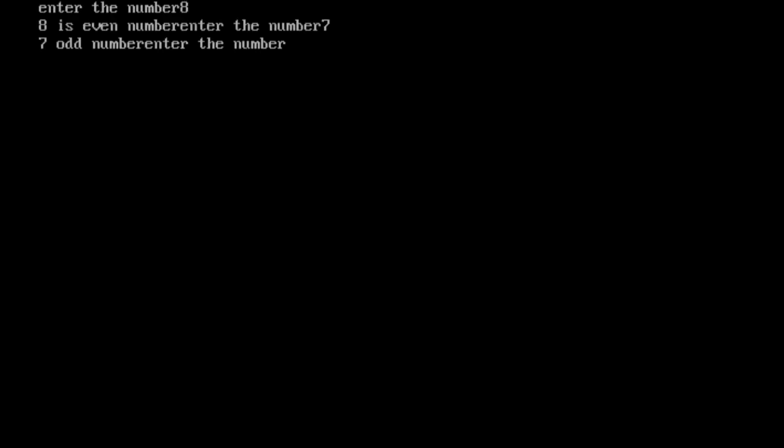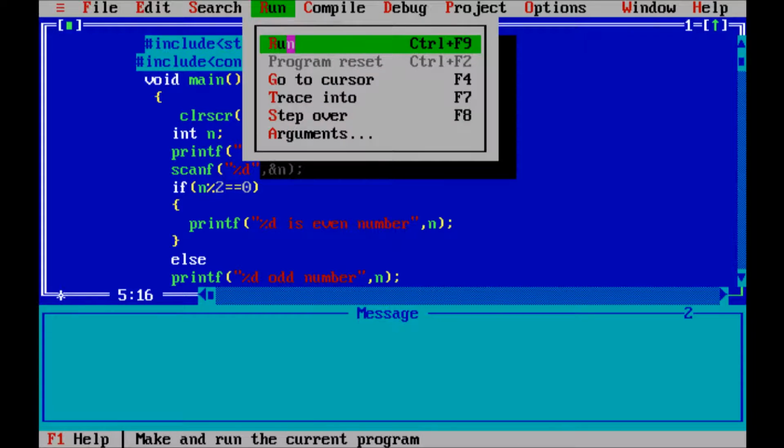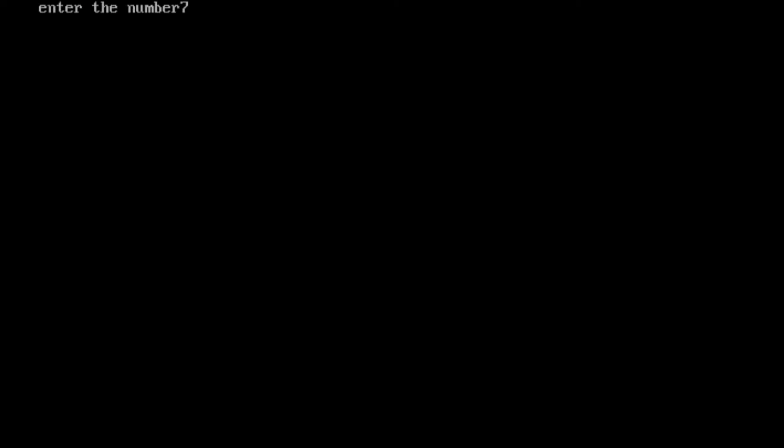So look at this, it does not clear the screen. If you use the clear screen function, it will clear the screen and terminate whatever previous output window was there. So now let's use clear screen. Now run, 7. So look, 7 is an odd number.